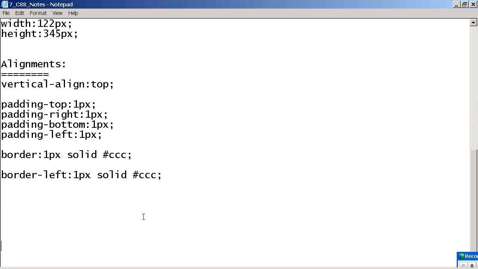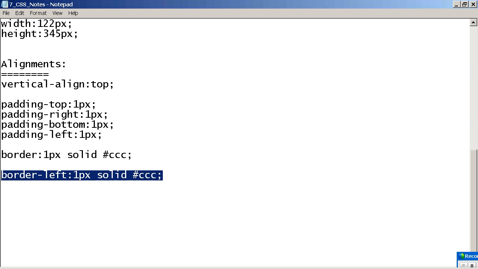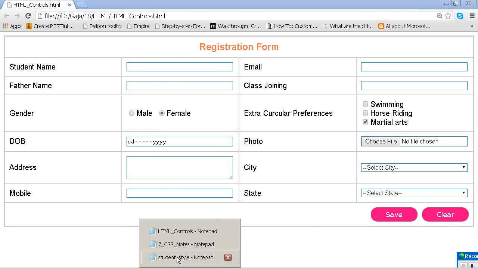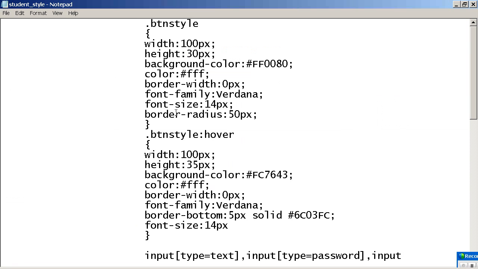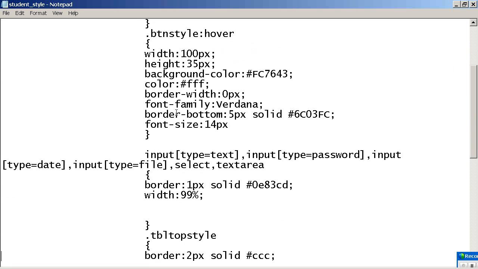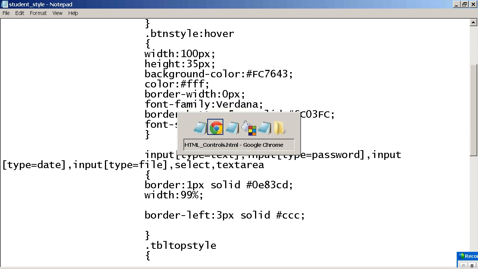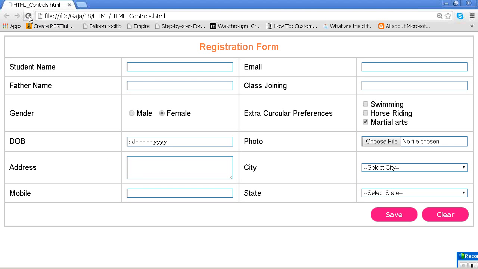Even if you want border only, for example, I have a text box. I have text boxes, right? Okay, so I want border only on the left hand. I want to increase the size in the left hand, with some gray color.